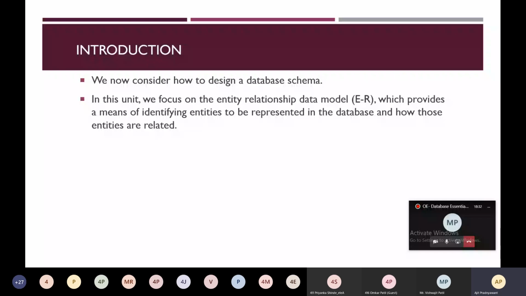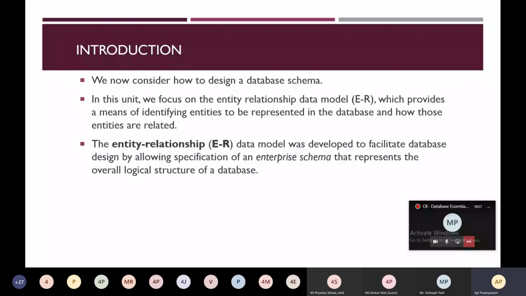The entity relationship data model was developed to facilitate database design by allowing specification of an enterprise schema that represents the overall logical structure of the database. So this ER data model gives the overall logical structure of the database that helps us to design a schema of a particular enterprise.